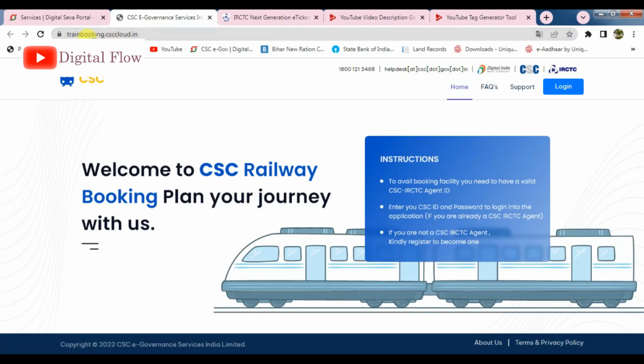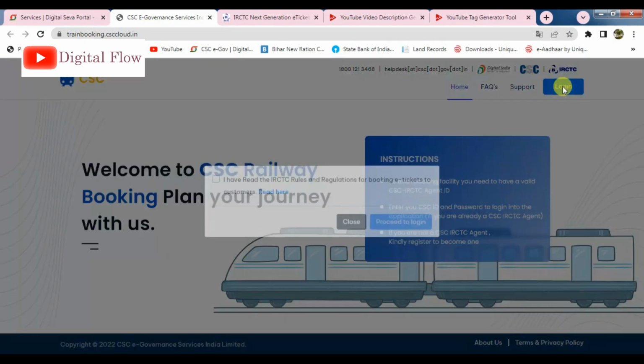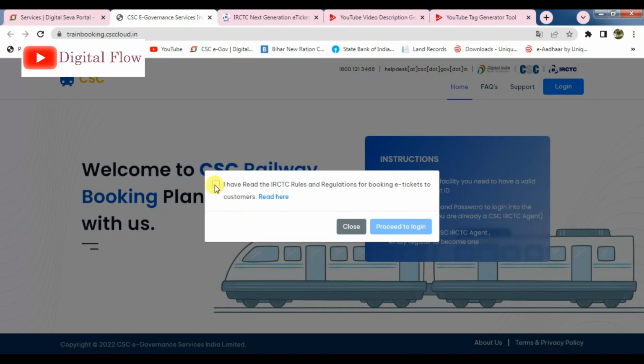Now I have successfully come to the website. Now I will log in. Here I have to tick mark all the regulations and conditions. Now proceed to login.